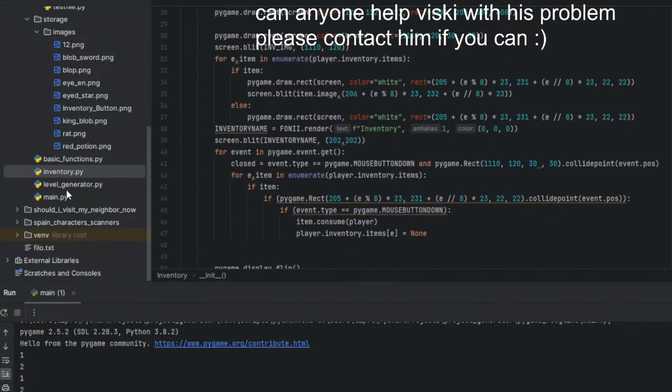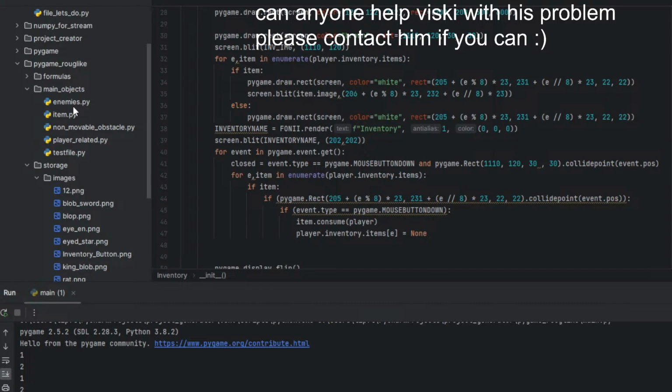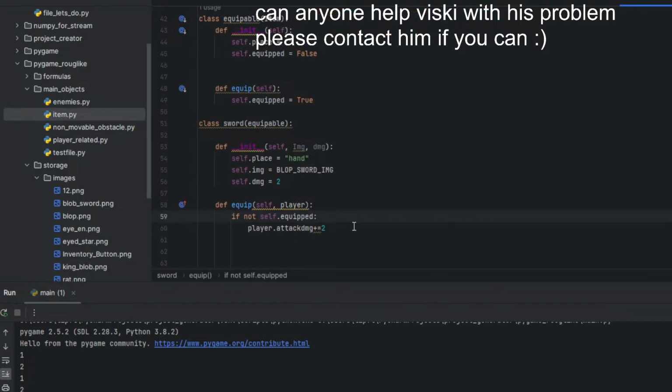Now back to the item. And player.inventory.hands equals false.